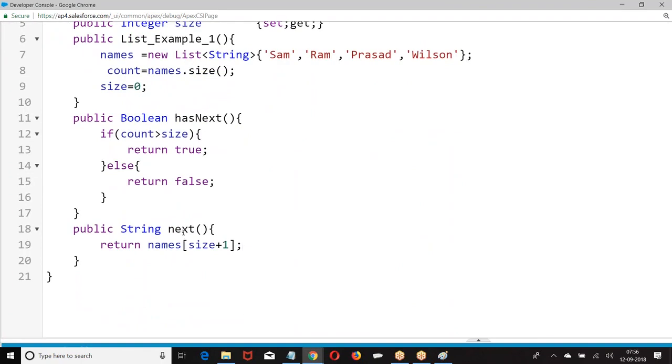So what was this? It is a cursor moving. First the cursor will check: do you have a next element? Yes, move to next. Do you have a next element? Yes, move to the next. Like that, we are moving from the first element to the next. So this functionality is iterator.